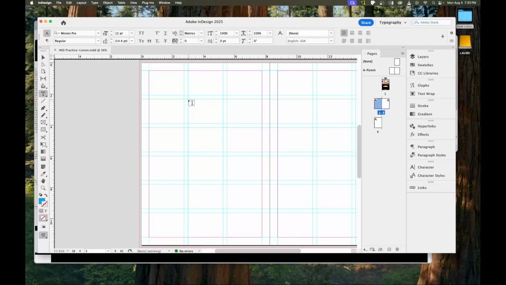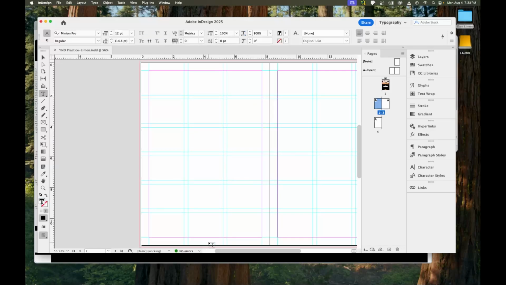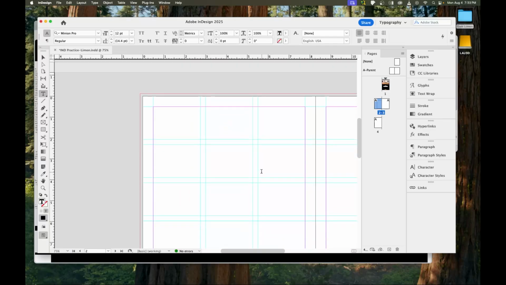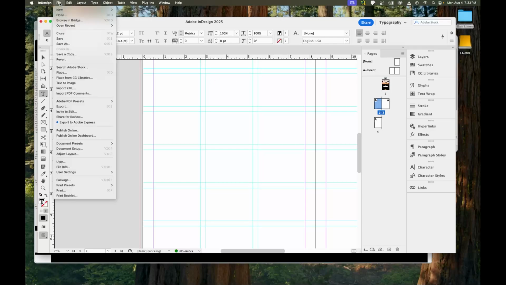And I'm going to make a grid. I'm going to make a text frame that goes from this second column to the third column, and let's take it all the way down. Now our cursor should be highlighted. Let me zoom in a little bit, and if we see our cursor blinking, let's go to File,